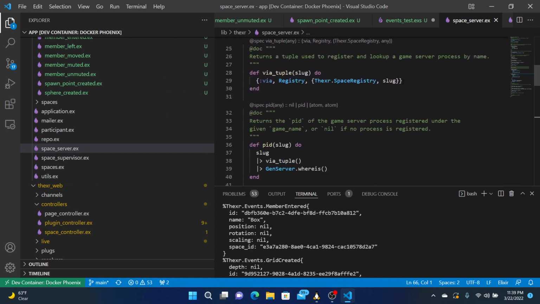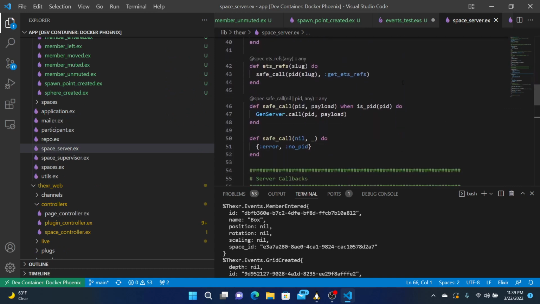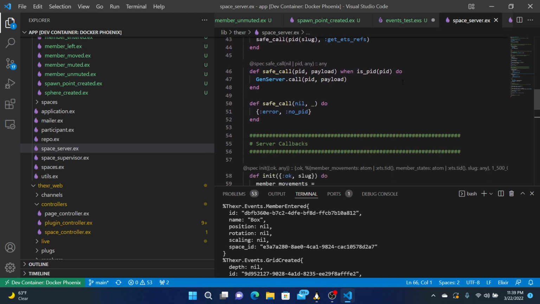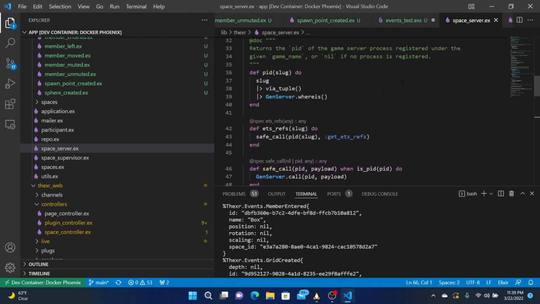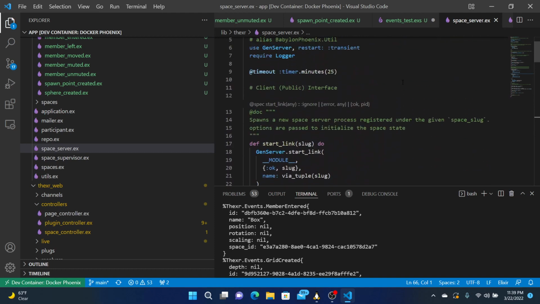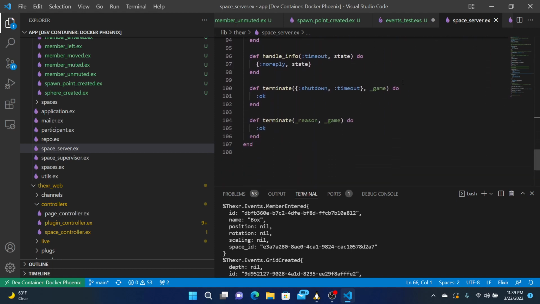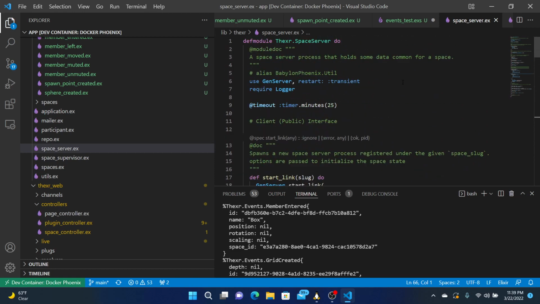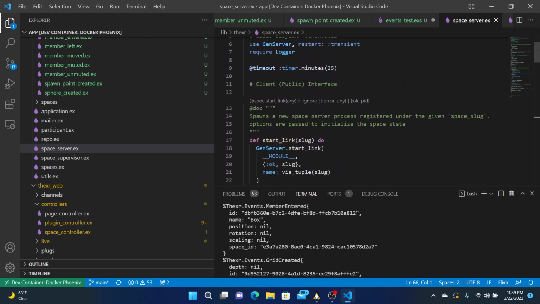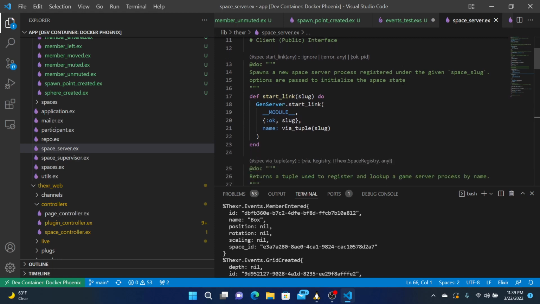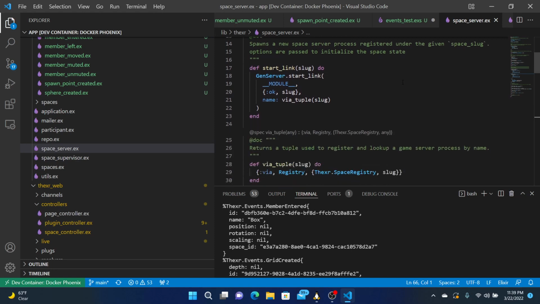What do we have here? PID, safe call, init, handle call, and info terminate. Okay, not a lot here. So we want it to be able to take an event.